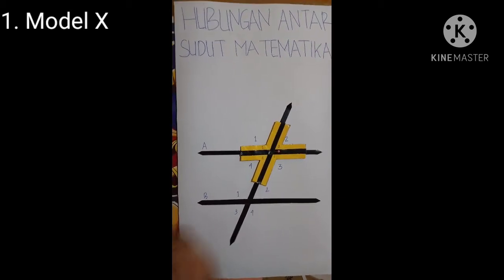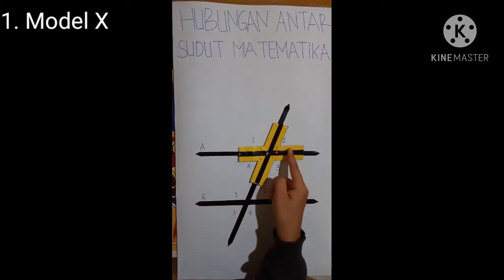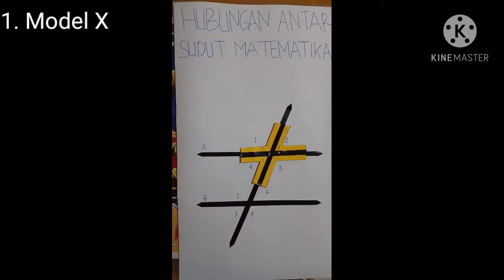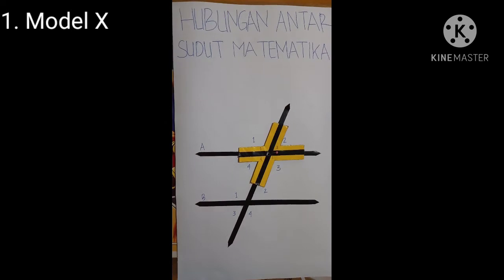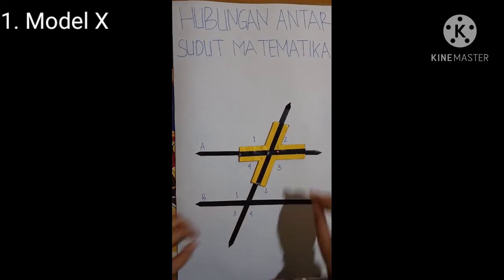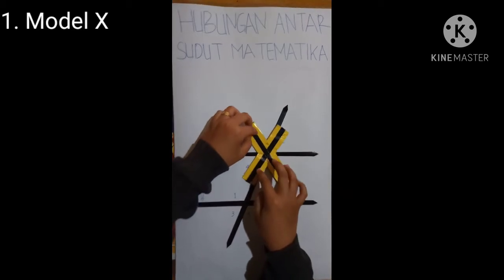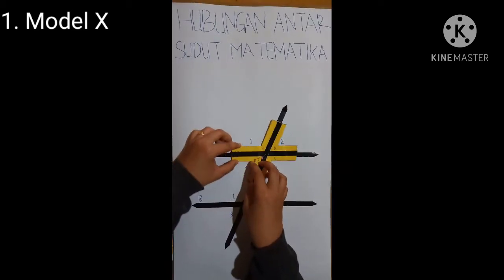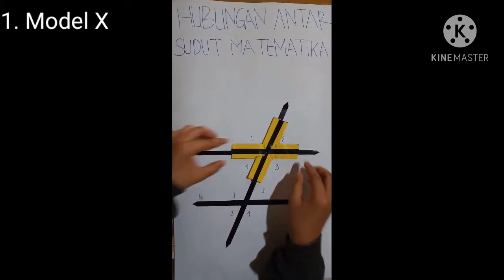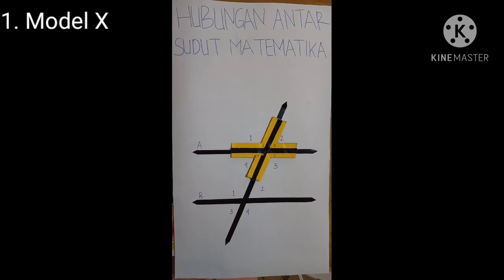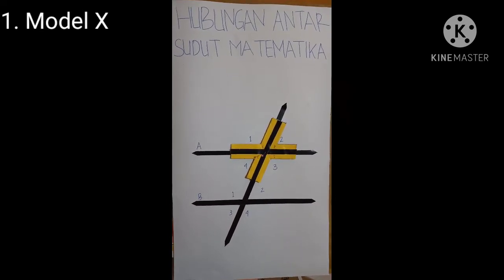Angles A1, A2, A3, and A4. Then, rotate the X model by 180 degrees, clockwise or counterclockwise. The line on the X model coincides with the existing line on the board, so that the angle previously occupied